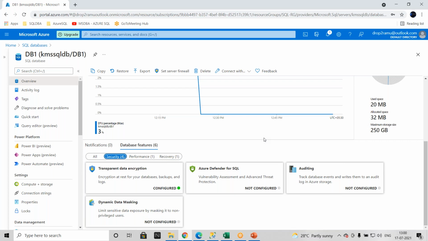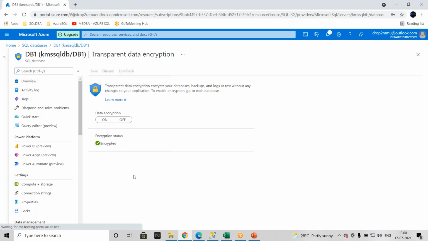By default, when you configure any database on Azure SQL database, Microsoft enables TDE. But you will see some differences in the TDE part, which we are going to discuss.